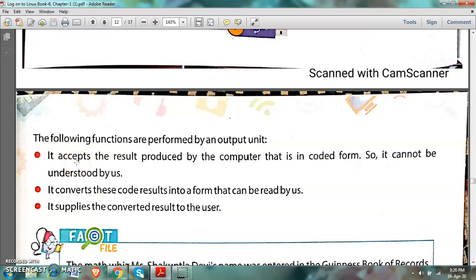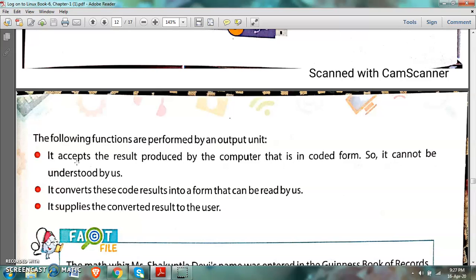First of all, the output unit takes the result. It accepts the result produced by the computer, but it is in coded form, not easily understandable language. But after that, the output unit converts the coded result into readable form.